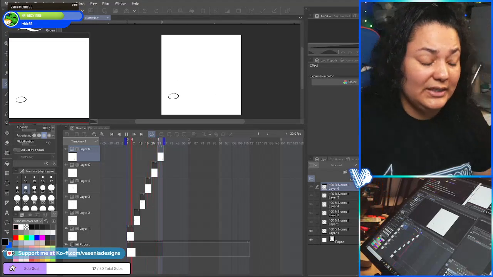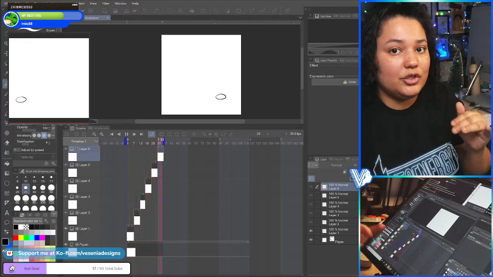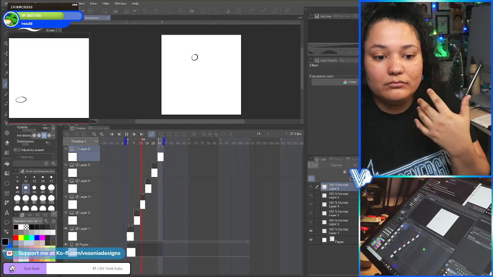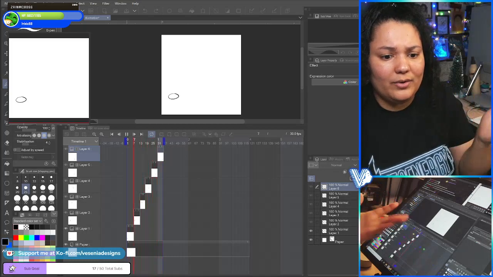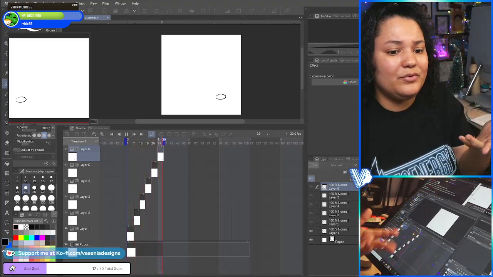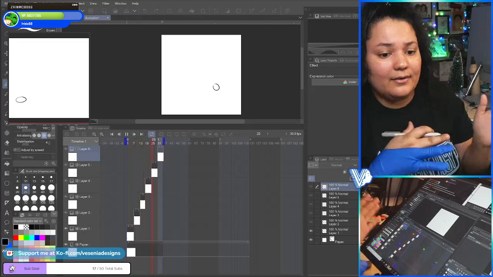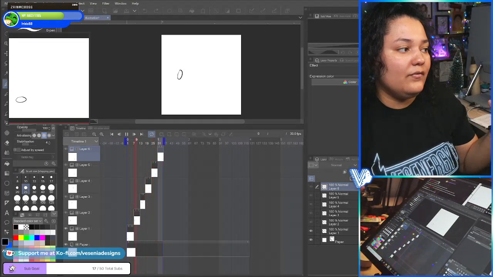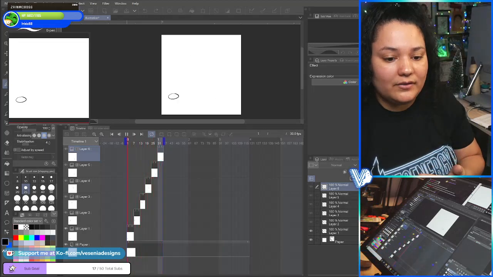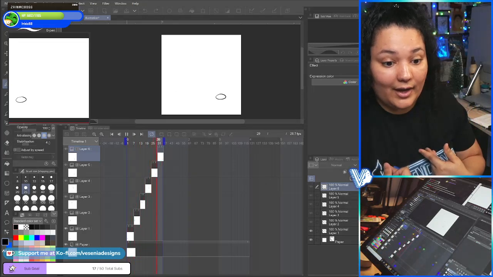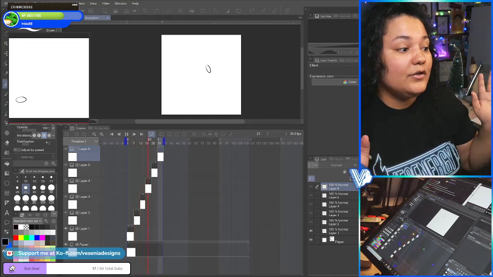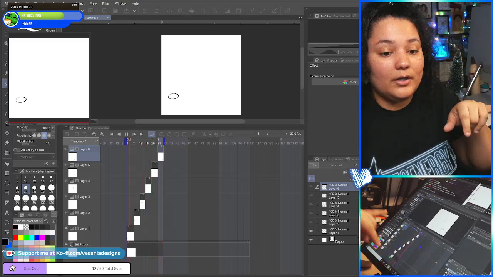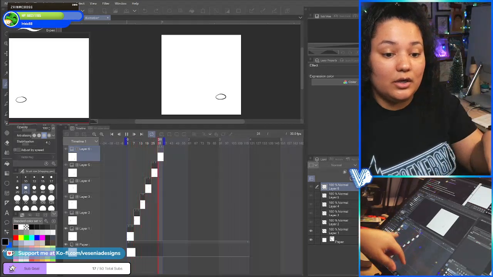So if that's what you're doing, it's best to learn that way before you even go into doing Acrobat or whatever everybody else uses. Some people use Acrobat and all they do is move the line art, and you could do that too if you want to, but some people don't have the money for that. For example, I don't have money for Acrobat. So I do everything by hand on Clip Studio,